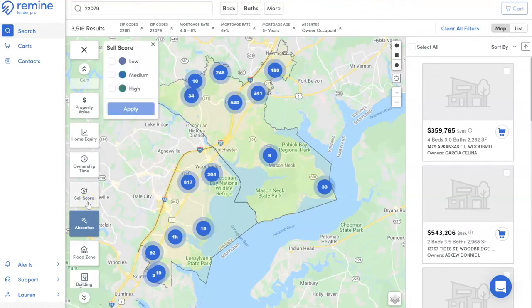So Sell Score is Remine's best guess at when someone's going to sell their property. This is not 100% correct. It's not the Holy Grail. It is our best guess based on a combination of factors being public record data, neighborhood data, and consumer file